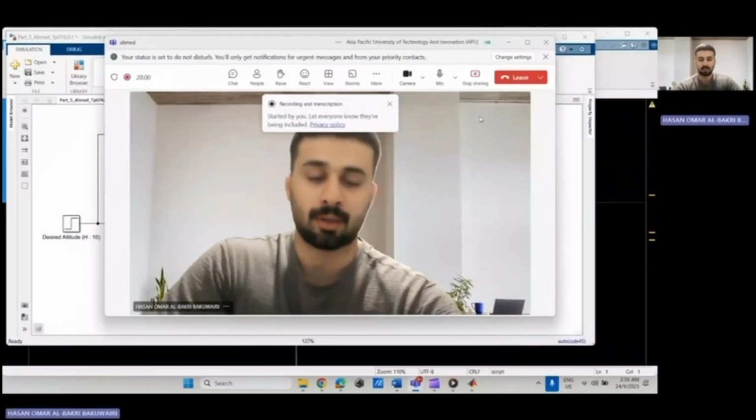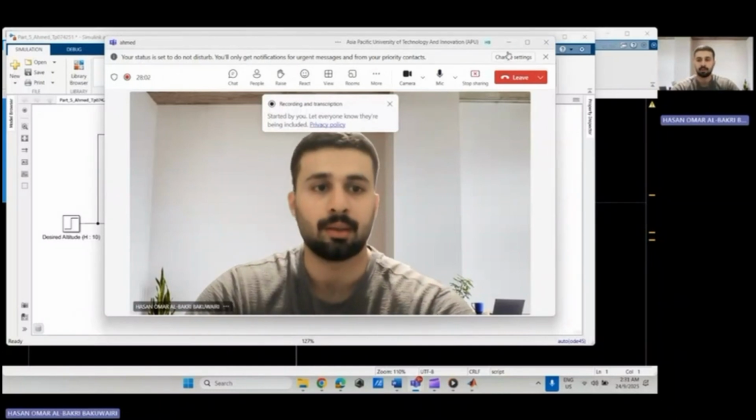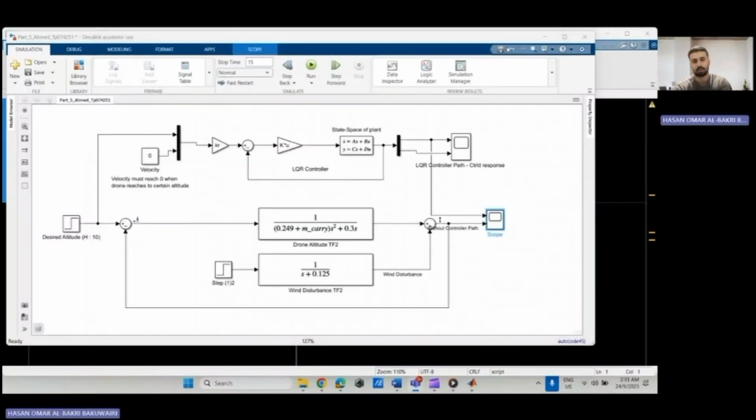Hello, my name is Ahmed Shahab Khan, and today I'll be going through the enhancement that I personally made to the pre-existing group transfer functions. As you can see on the screen, there are the basic transfer functions of the group, which are the desired altitude and these. My main innovative idea was for the LQR controller, which is basically used